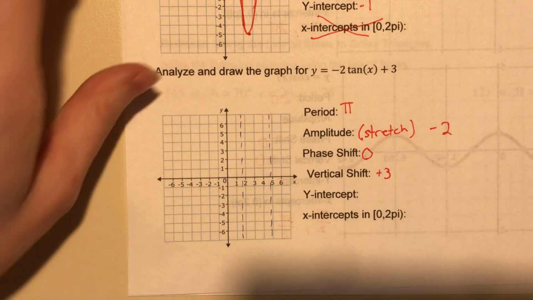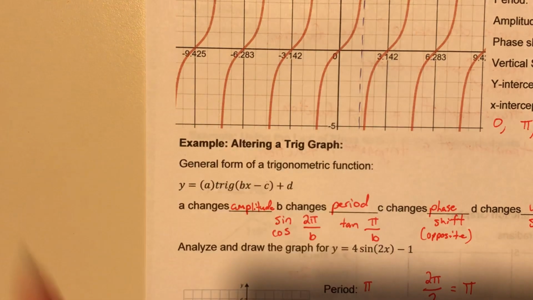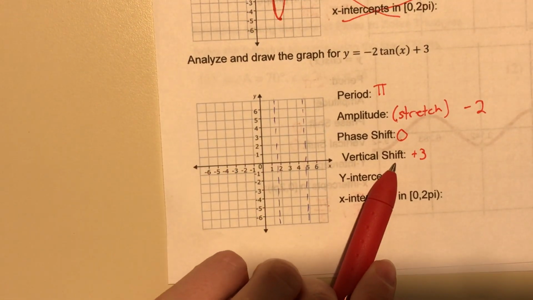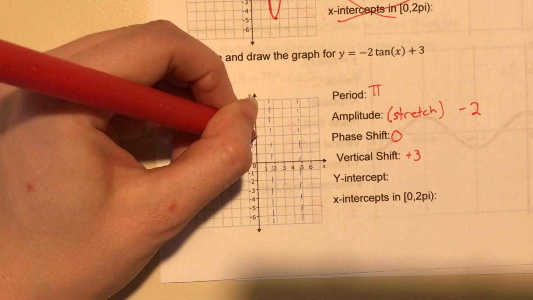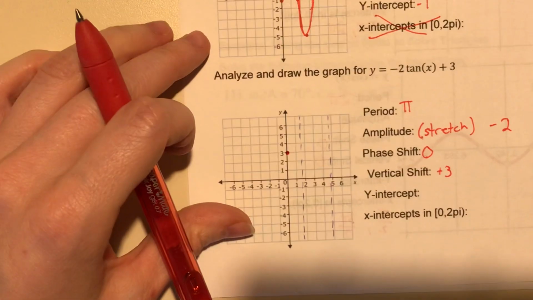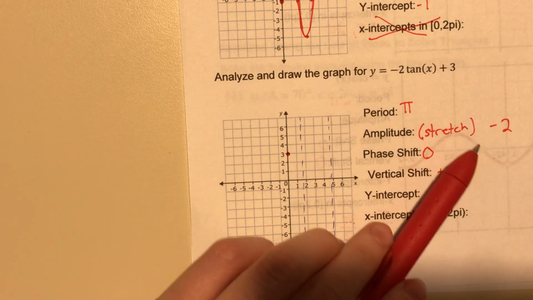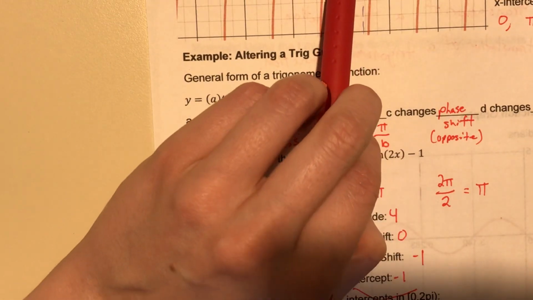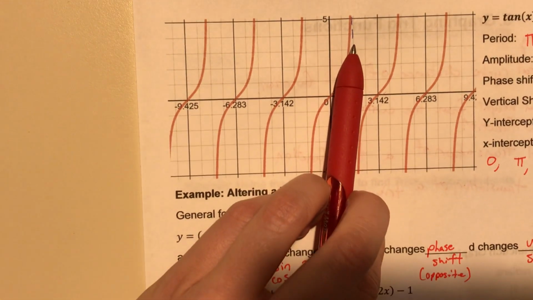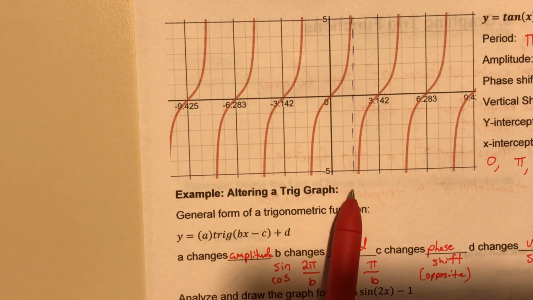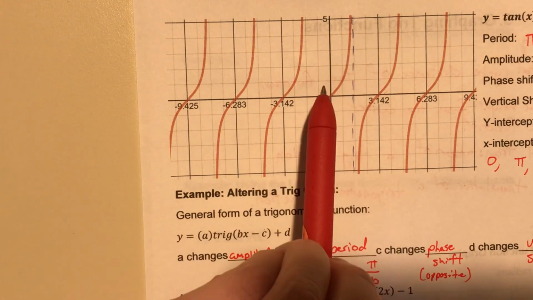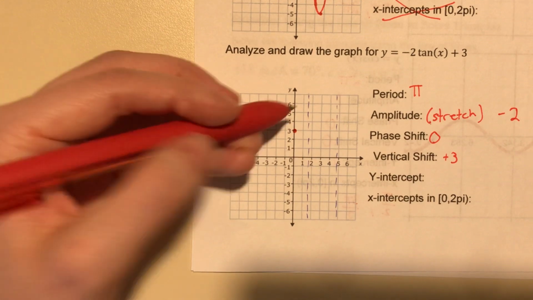And then I know that in my original tangent, my y-intercept is 0, but I also know that I have a vertical shift of 3, so now my y-intercept is going to be up here at 3. All right, so I'll start that there. And now I have a stretch of -2. My original function goes up from 0, but if my stretch is negative, that flips it. Now instead of going up from 0, I'm going to go down from 0 towards my asymptote. So I'm going to start at 3, which is my new y-intercept, and I'm going to go